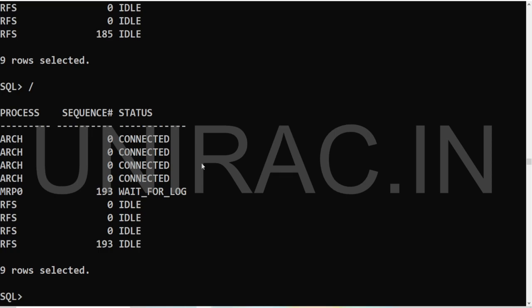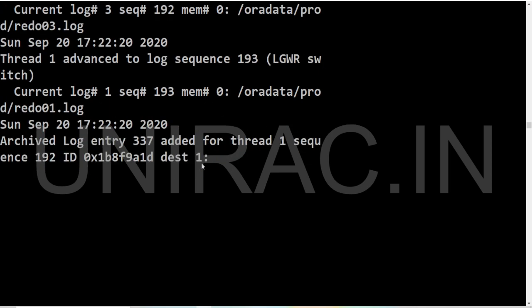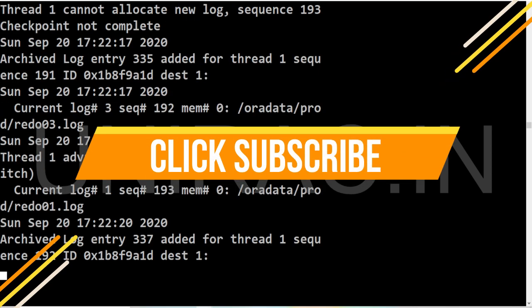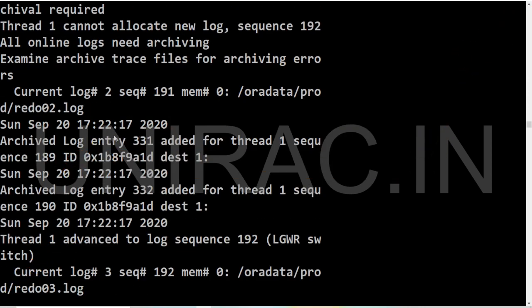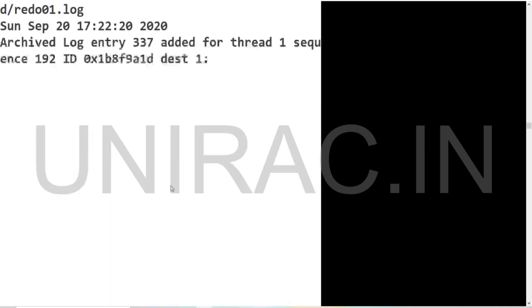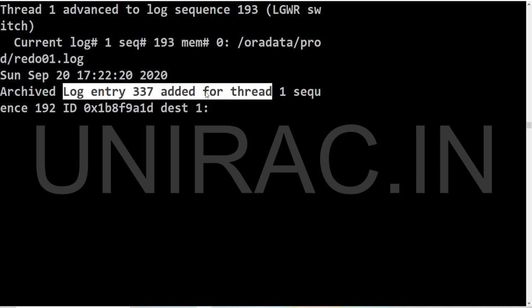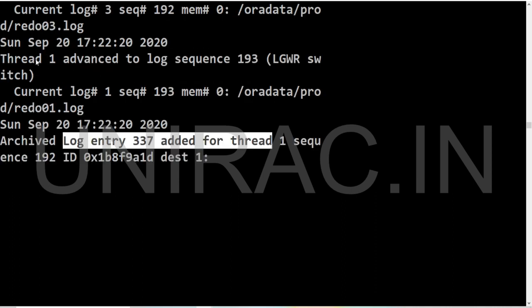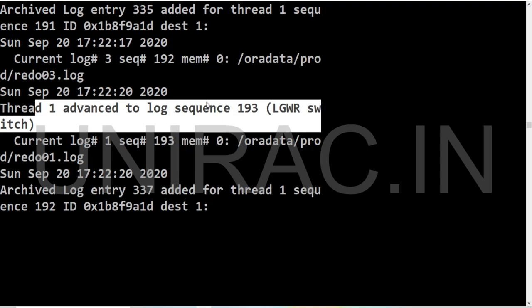So we'll check once again in your primary the alert log file. We can see the errors stopped, and we can see the log sequence being added, the 193 log switch. So there are no errors now.